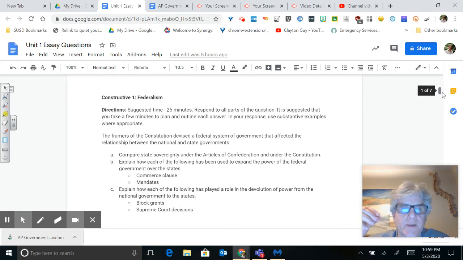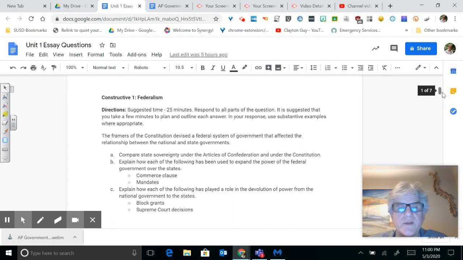And then under the Constitution, state sovereignty was below national sovereignty. The Constitution and federal laws, federal decisions, federal court decisions were supreme over states. So states had to take a back seat. Under the Articles of Confederation, states were above. It was just a league of friendship, and there were 13 independent countries. And under the Constitution, there is one country with 13 states, and the states were subservient, and the Constitution was supreme.